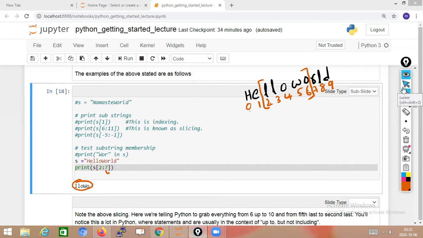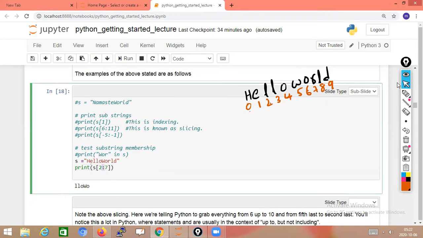One more example. Here you are taking s[5:7], 5 to 7. That means it starts from 5 and ends at 7, which means you have to end at 6 only.